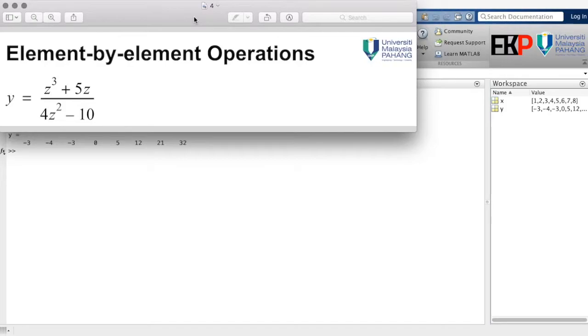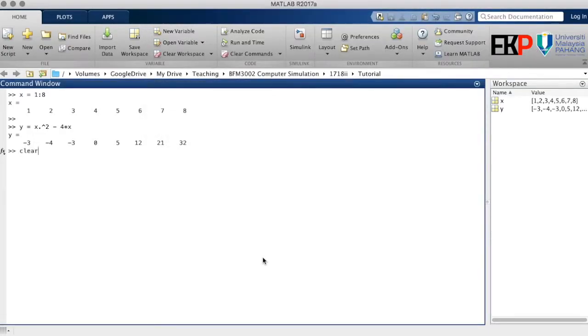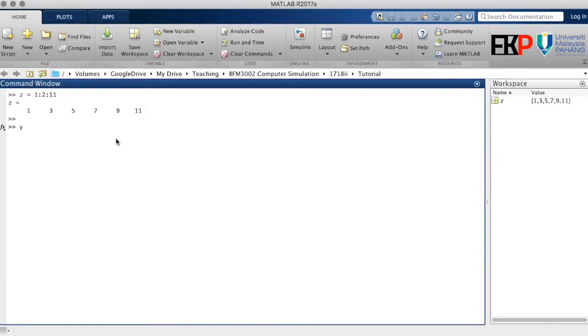Now let's take a look at another example. Say we have this equation here. We're going to define the range of z. Let's say z equals 1 until 11 with an increment of 2. We want to know the value of y for every value of z. So we need to type in the equation of y here. So y is equal to